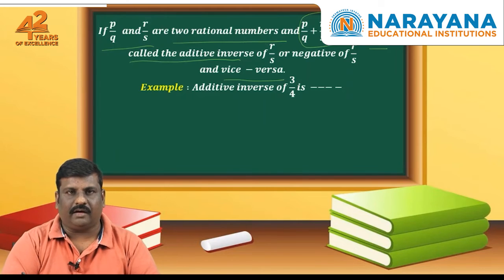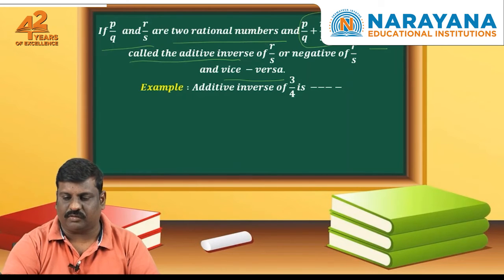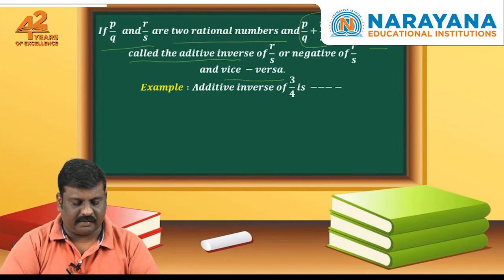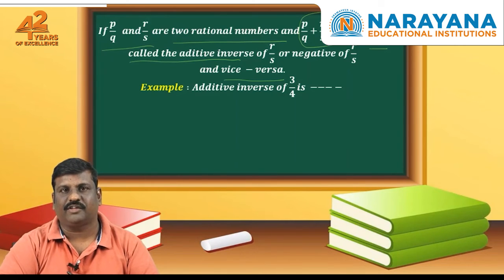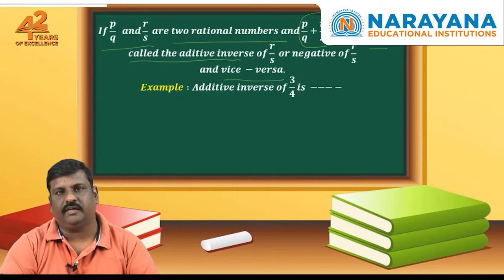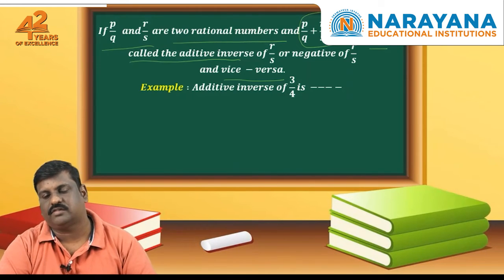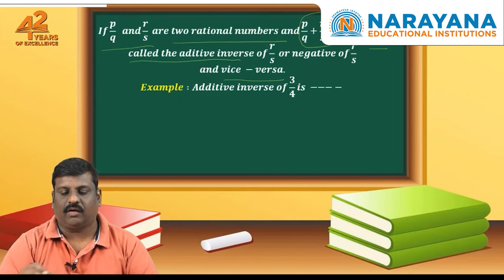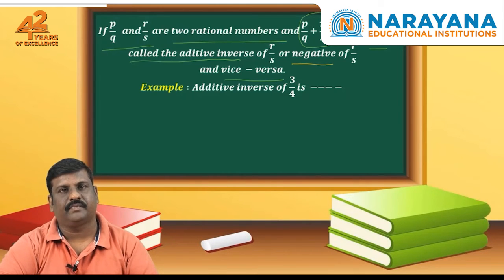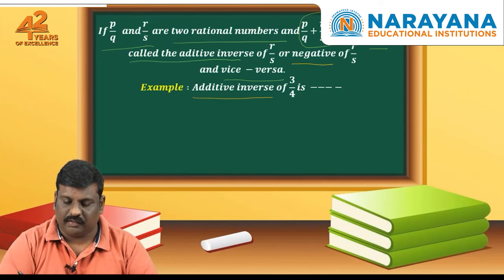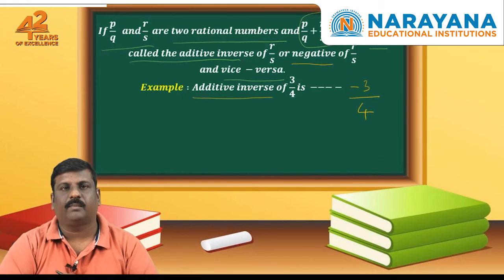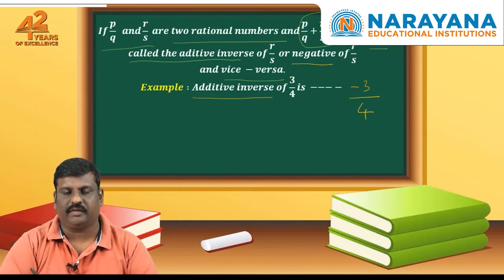That means, as already told, if A plus B equals 0, right? Just take an example here now. If A plus B equals 0, that means A is the additive inverse of B, or B is the additive inverse of A. This is called vice versa, or else they take it as negative also. Is it clear now? And next, take an example here now, the additive inverse of 3 upon 4. 3 upon 4 negative, what you can write as now, is minus 3 upon 4. Minus 3 upon 4 is the additive inverse of 3 upon 4.